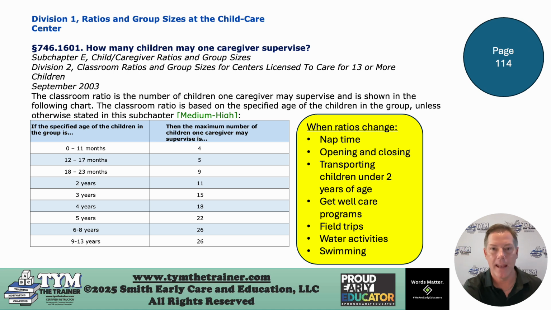So, for example, an after-school program. You could have a kindergarten-age child with a 4th grader. There's definitely more than an 18-month difference between the youngest and oldest child in the group, and that's okay because there's nobody in that group younger than 18 months of age. So keep that in mind.